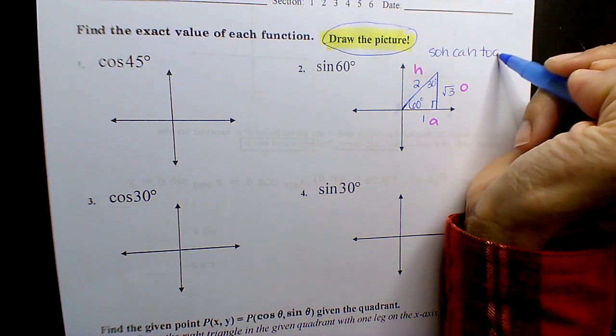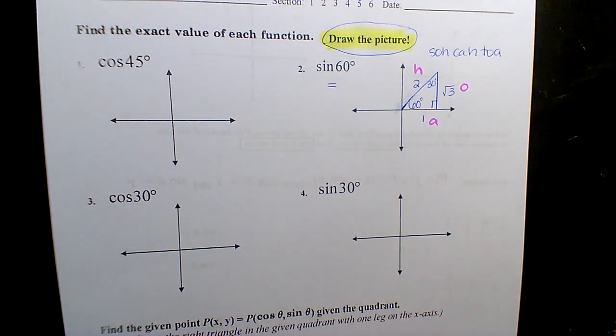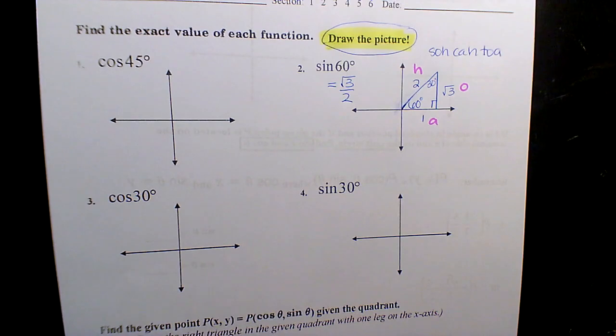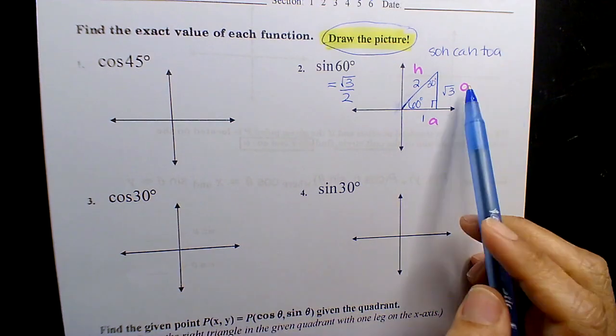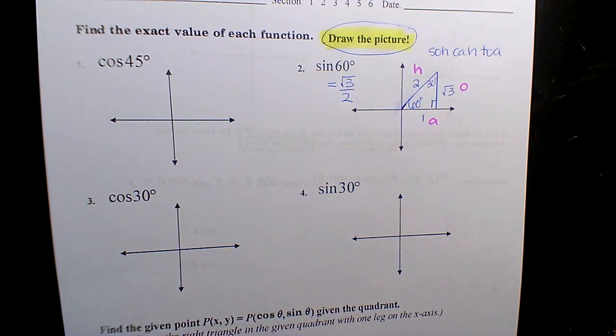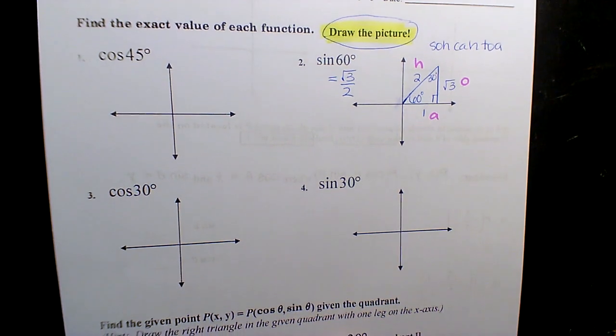So what's sine of 60 degrees? Very good, rad 3 over 2. Right? Wait, how did you get that? O-H, O-H, S-O-H. Yeah? Yeah. Okay, so now if we kind of move it up,